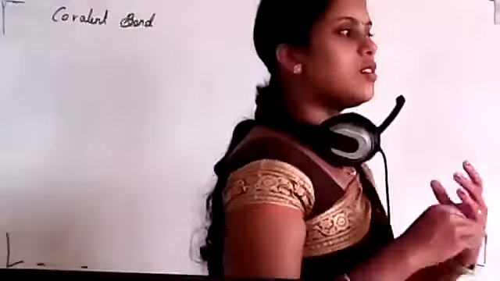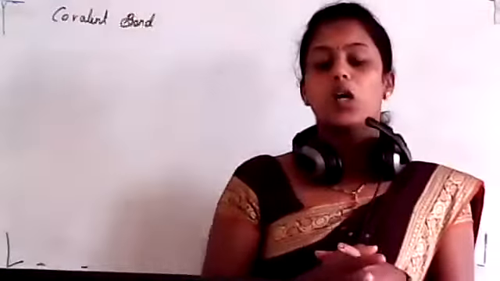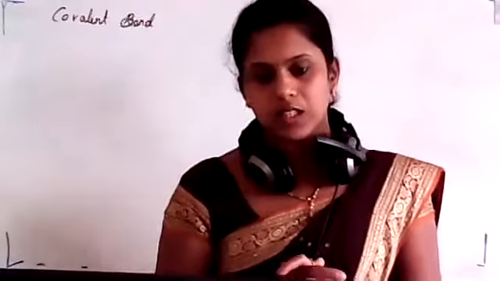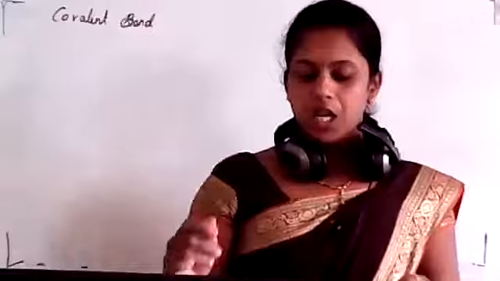We discussed Fajans' rule, the rule for the covalent nature of ionic bonds. Further, we discussed the covalent bond. What do you mean by covalent bond, student? It is a force of attraction between two or more atoms which undergo sharing of electrons, isn't it? So that is nothing but a covalent bond.